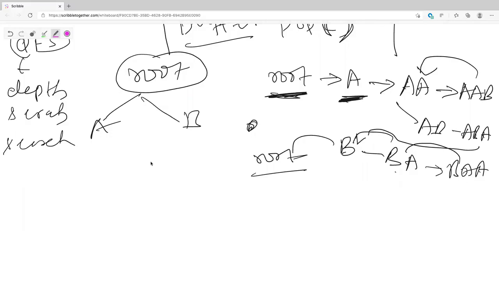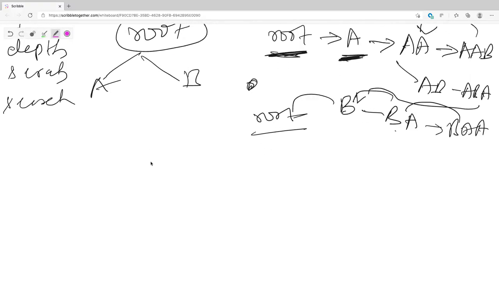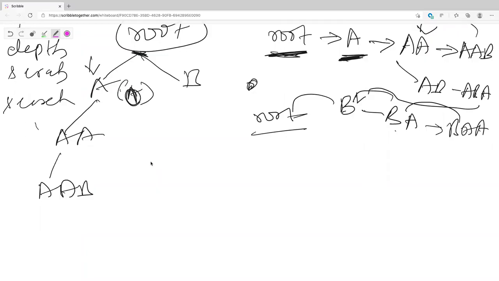Okay, so see here. We start from root. We go to A, we go to AA, we go to AAB. Is that right? Yeah, right. Now when we are at A, we have a scene set. We added 0th index here, right? Let's say we add one more. So what is the scene set going to be here? 0 and 1. What is going to be here? 0, 1, and 2, right?